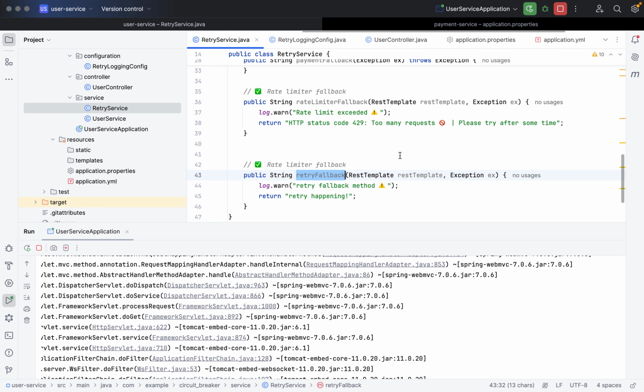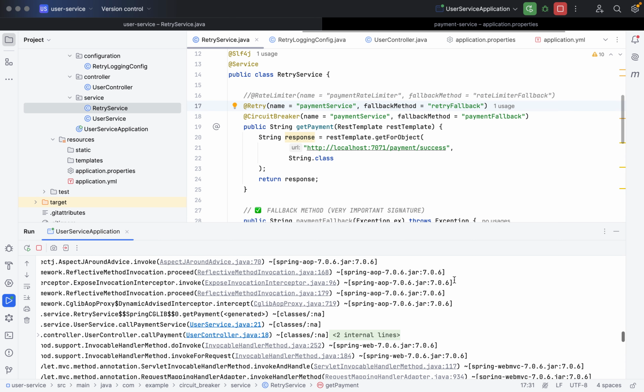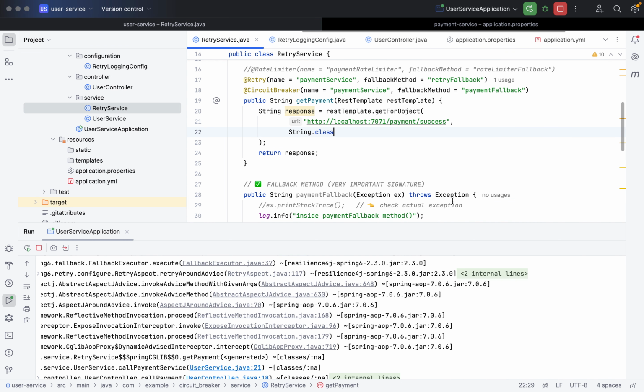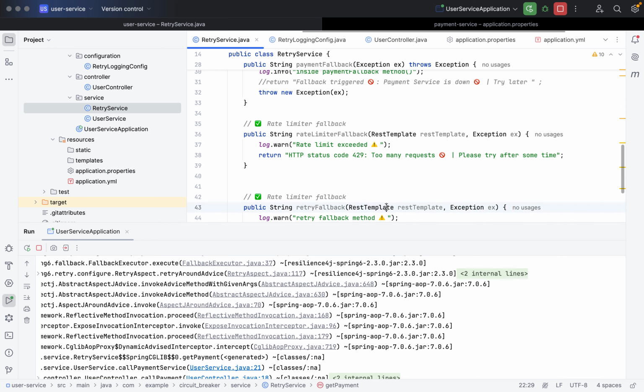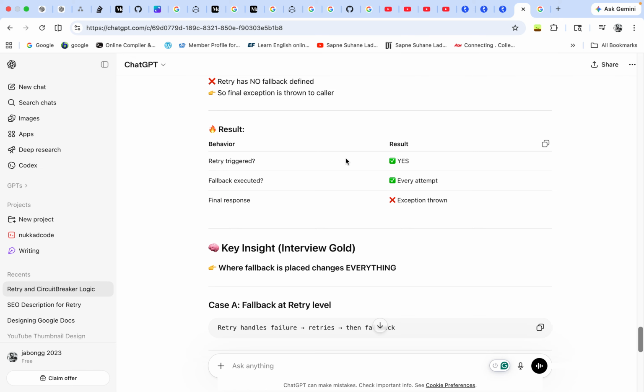So just let me give a fallback method also here when circuit breaker is failing. Actually, the fallback method is throwing an exception. Then what would happen in this scenario? The exception would reach from circuit breaker to retry. Okay, and then there is no fallback method. In the previous case, this was happening, the exception was thrown back to the caller. But if we have a fallback method, then what should happen? Retry, after getting this exception, should trigger this fallback method, right? So just let me start the server. Let's see this scenario also, because we are dealing with very insightful and very interesting scenarios.